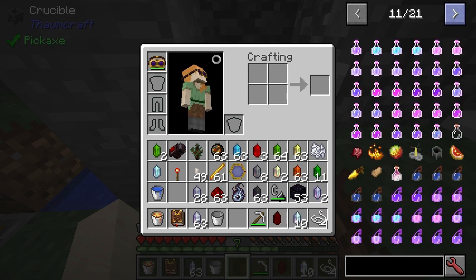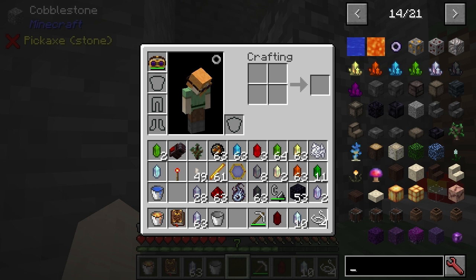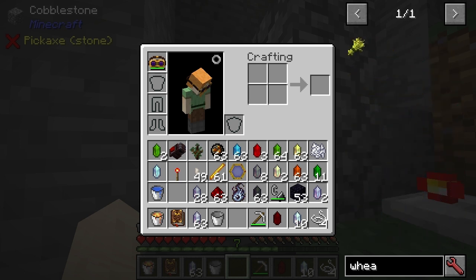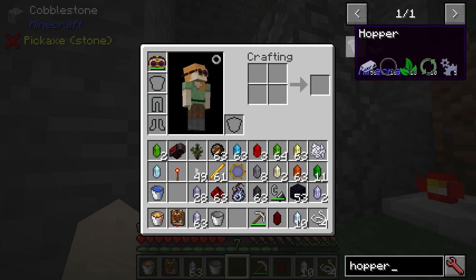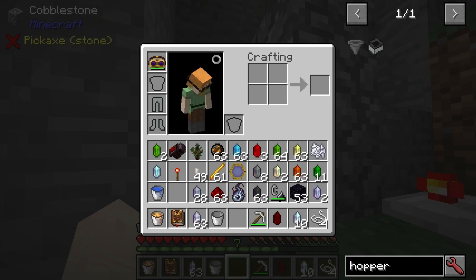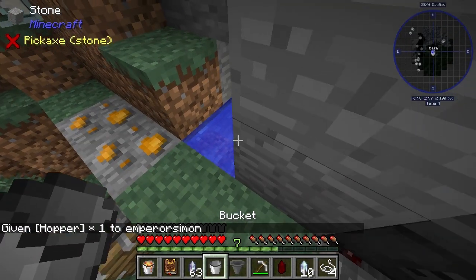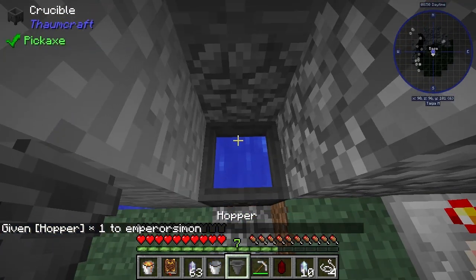I just wish I could find a better source. Okay, sorry about that. Yeah, Quicksilver is the source. No? Wheat is the source. Is Hopper really the best source of Permutatio? Guess we're doing it again. Yeah, there is unfortunately not much. This time though,